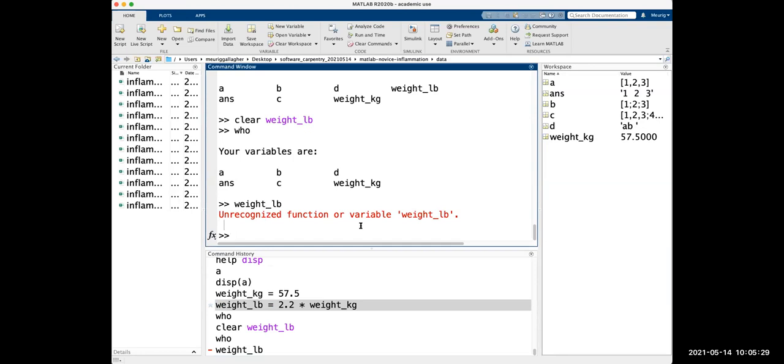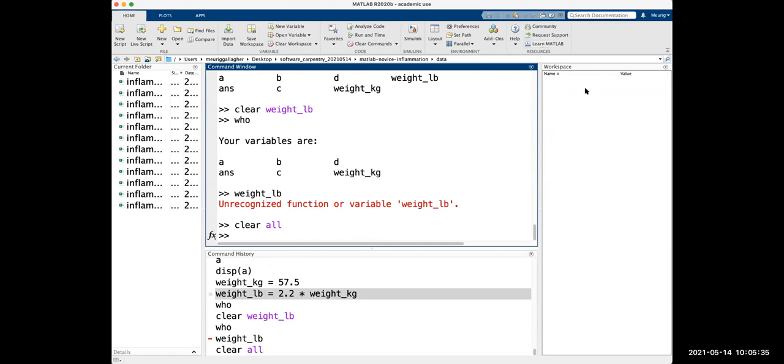And if we want to get rid of everything, we can use the clear all command, and that's just going to clear all our variables. You see our workspace is now clean, and we're starting again. So that's a good thing to be aware of when you're starting MATLAB, is that you probably almost all the time want to start with a clean workspace. You don't want to remember variables that you've maybe saved before in case you run into errors because you've saved something, you've forgotten that you've saved it, and they can be quite hard errors to find. So the clear functions are very useful things to have. Generally, when you shut down MATLAB, unless you've specified otherwise, it will just clear the workspace for you. So when you load it back up, you're loading again a clean workspace.